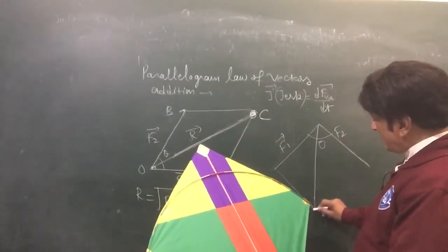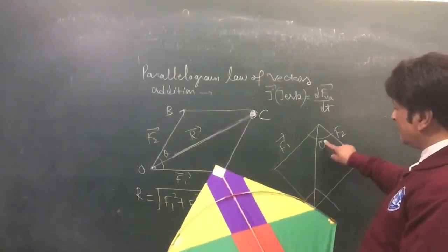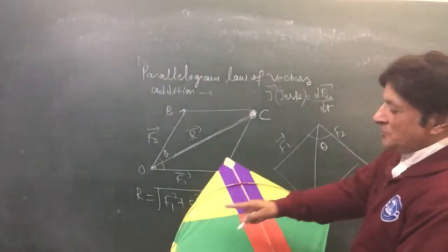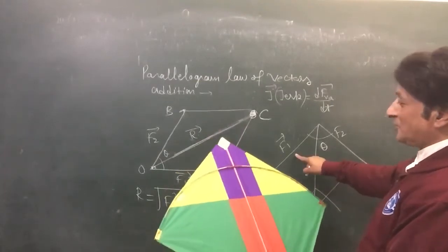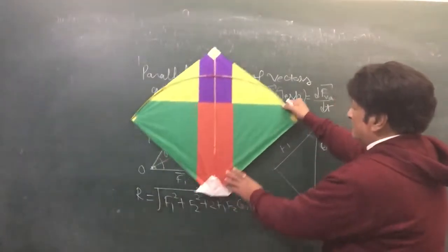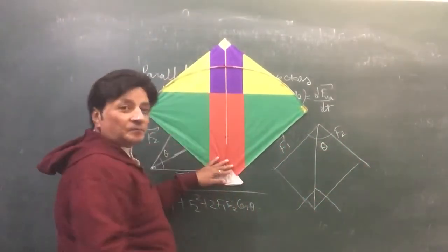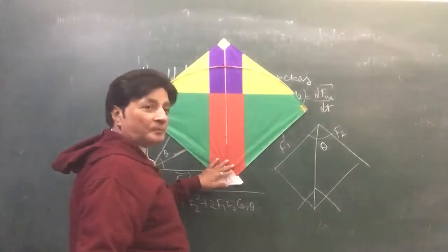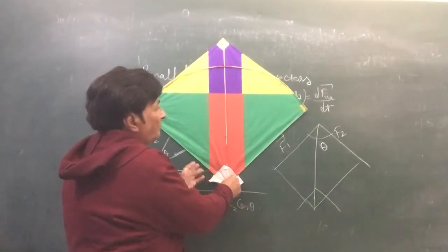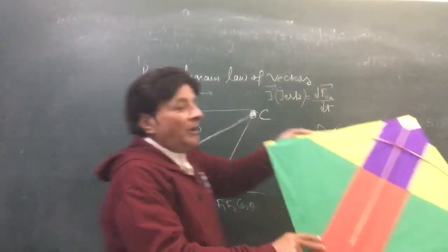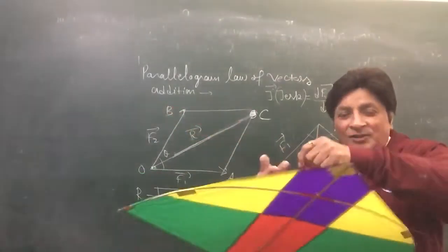and see, here is your kite and this angle is theta. You assume that it is a straight line, and it is a straight line like this. So you have here, this is F1, this is F2, and this is the resultant. Now when you just pull it like this,